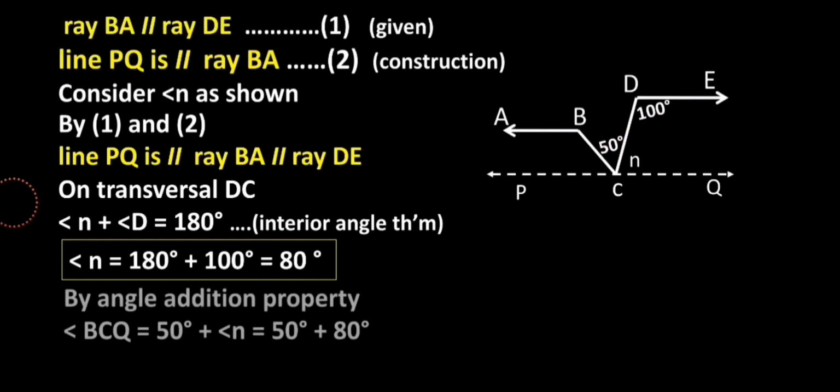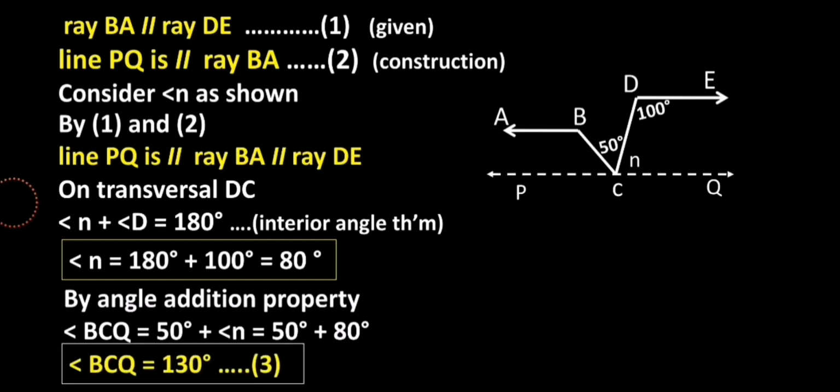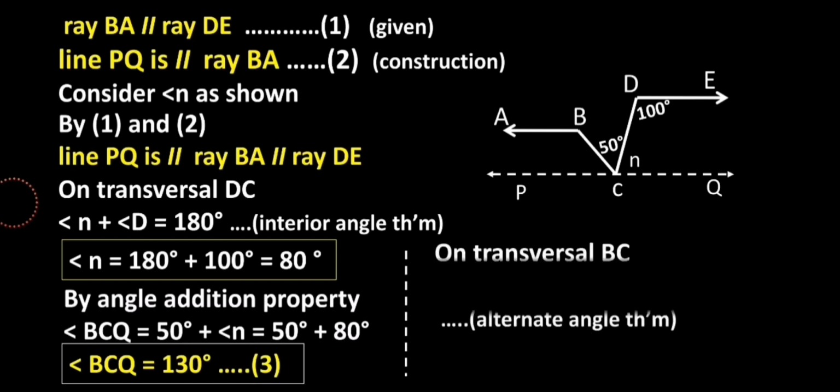Let's move on. Here by angle addition property I can say angle BCQ equals 50 plus angle N, you can observe in the diagram, right? And that gives 50 plus 80 degree, and that is the answer, 130 degree for angle BCQ, right? And my first step of the action plan, I decided if I find BCQ, then ultimately I will write the answer of ABC is done completely.